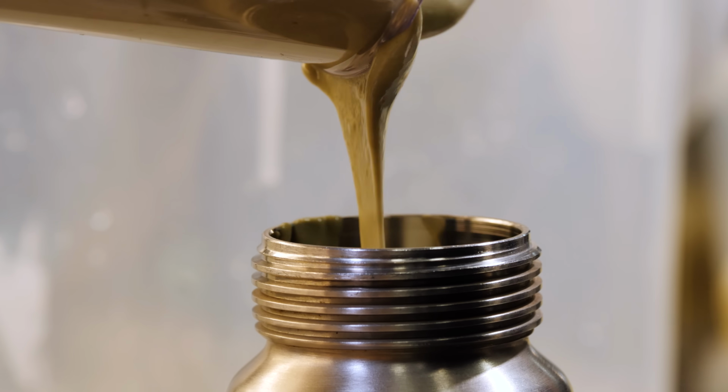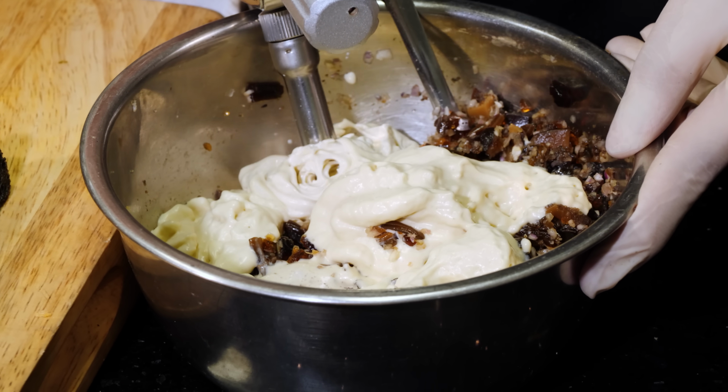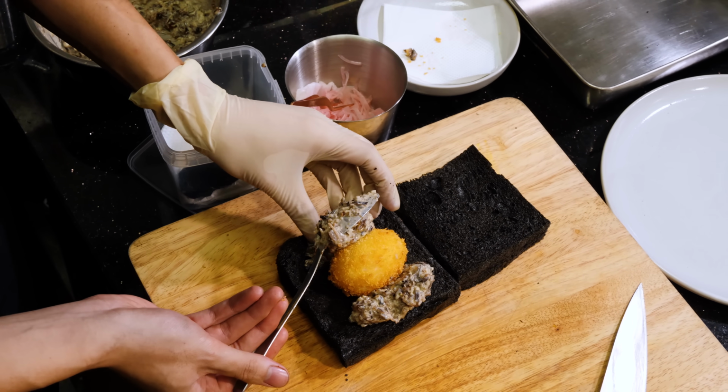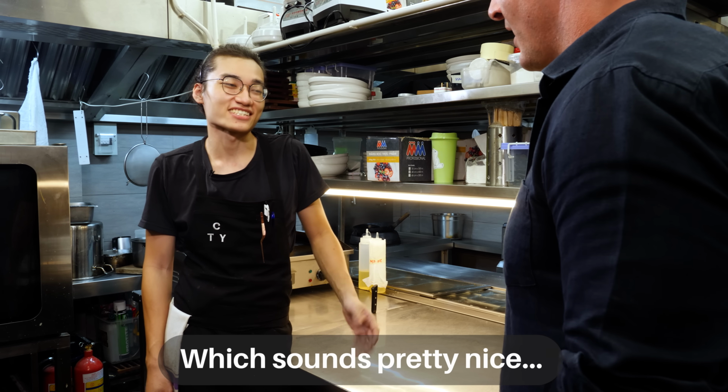We charge it in a siphon, then I siphon it back into the mix. Extrude it all over a mixture of century egg whites, Whittier mushrooms, and braised shiitake mushrooms. If this was sold in a restaurant, how much would this sandwich sell for? $100. Yeah, which sounds very nice, but